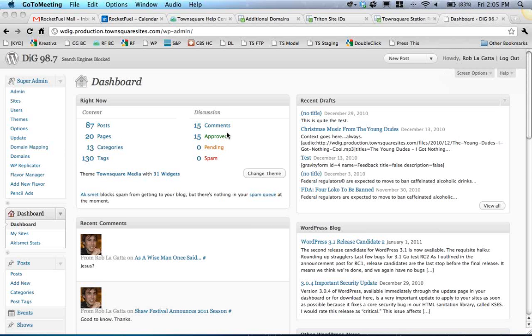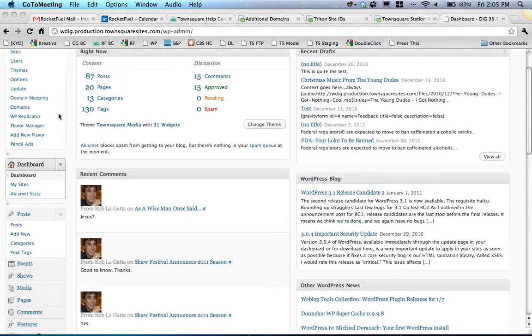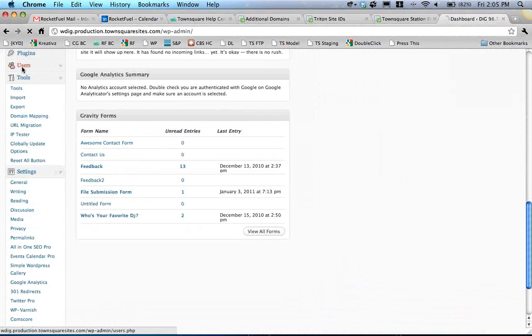The three things that I wanted to spend a little time on: first of all, you can now customize the profiles of anyone within your staff. I know that this was a major concern for a lot of you guys early on, and it took us a little longer to get this implemented than I had hoped for, but we do have it done. And so now any of you guys can go in and make modifications to the profiles of anybody on your site. In order to do that, all you need to do is, of course, log into the back end as you see on your screen here, navigate down to this users page,